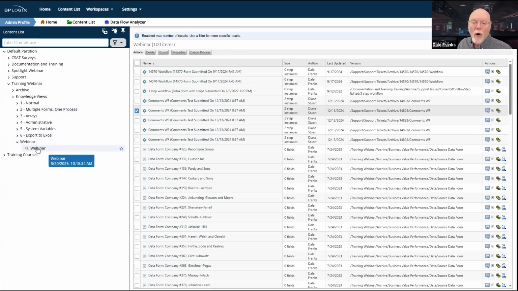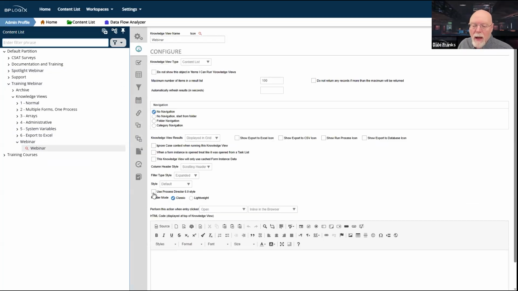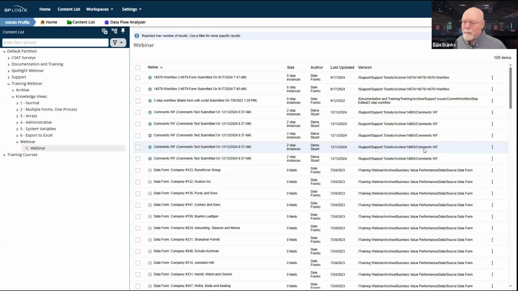Now, if you're on 6.1 or higher, and actually if you're on 6, you can do this too, the UI is changed for knowledge views for version 6 and above. It's optional, but once you turn this on, and by the way, we're going to make this the default option, so just so that you know, it soon will, well, I think we're still going to keep it optional, but we're going to change the default to on instead of off. And now if we run it, we're going to see a slightly different UI. Although we still have the same problems, right?